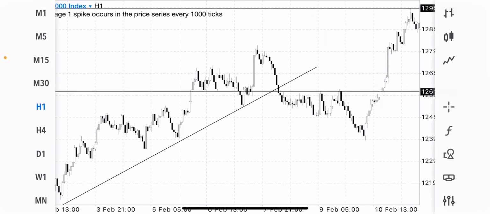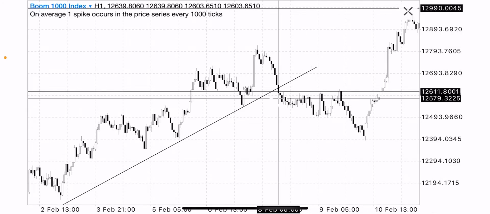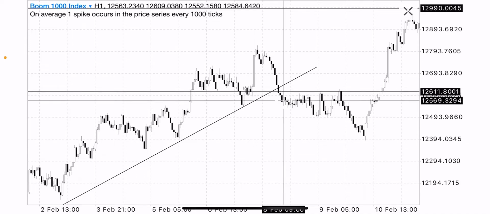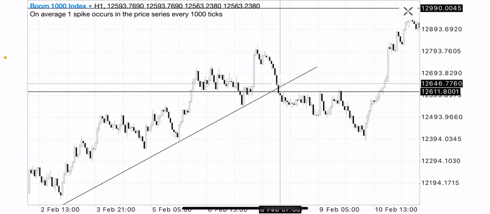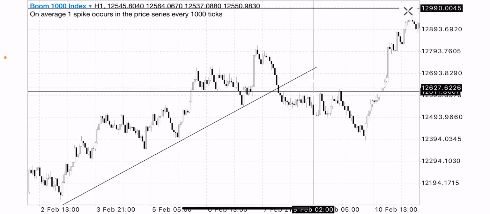So if you entered after this breakout now, for instance, when you see this big candlestick pushing down, when the next candle is forming, you take your sell. You don't just enter in the first candlestick because you can see a spike up. So after the first candlestick is formed, from the second candlestick you can enter. So if you enter at this level now, you see that even at this drawdown